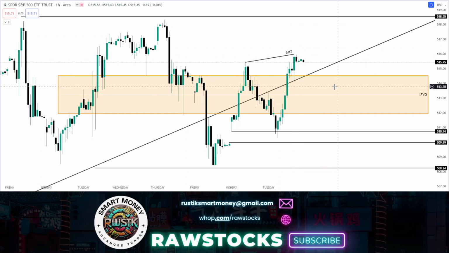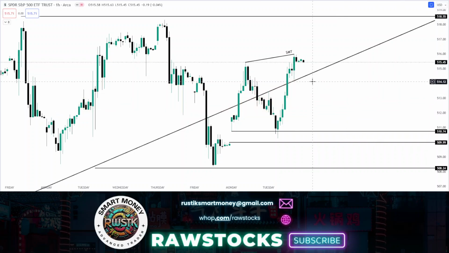And if we do that, we're ultimately looking for price to come back down below the trend line, and then we'd be attacking maybe the weekly lows. We also have a gap down here all the way down to 509.99 that has not been filled yet. So we'll be watching how price continues to react to this trend line and see if we can find any clues of whether to go short or long. Again,